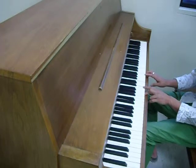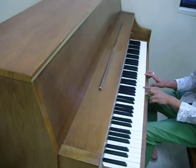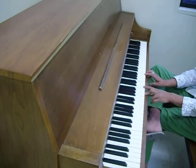So singers can work with the piano to relate to that sound, but you have to train your ear. Ear training is important in singing. Okay, all right. So now,